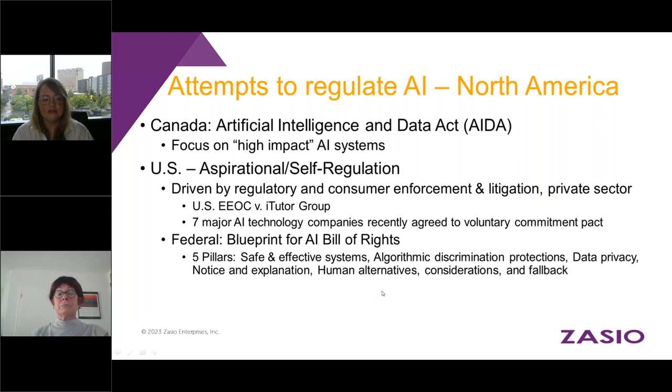So just an example of consumer litigation action that's likely going to continue to drive some of these changes, laws. Recently, in July, 7 major AI tech companies agreed to some voluntary commitments. And so, going to some of these, the ethical considerations in developing AI and the effect of AI on individuals